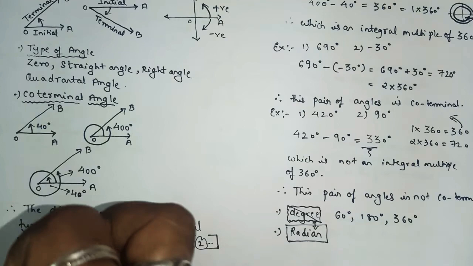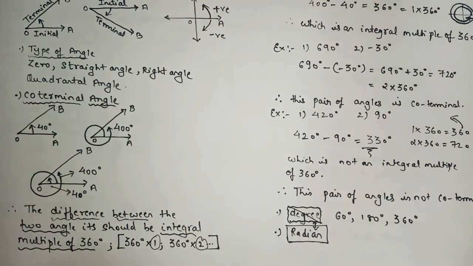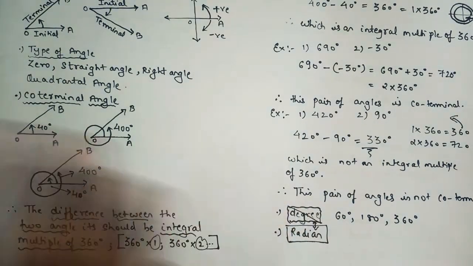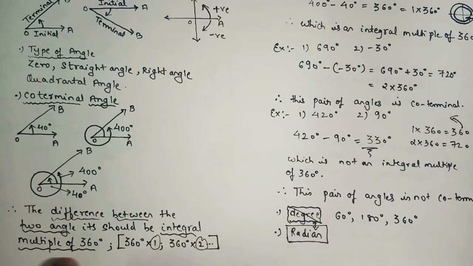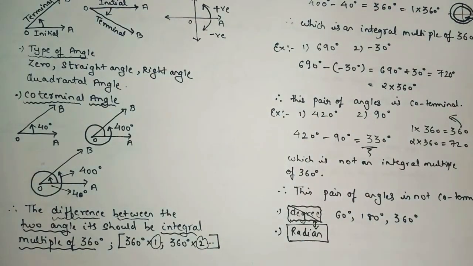As I told that coterminal will play an important role in this chapter, as your question number 1 is based on the coterminal only. I hope you all understood the definition. In simple language, coterminal is what? If the difference between the two angles shows the integral multiple of 360. Integral means what? Multiplication of 360. 360 ones are 360, twos are 720. So what does this 1, 2 indicate? 1, 2 is what? The rotation of the angle. 1 means one complete rotation. 2 means two rotations, which makes an angle of 720 degree, like that. So in simple language, if the difference between the two angles shows the multiple of 360, you will write the pair of angles is coterminal.